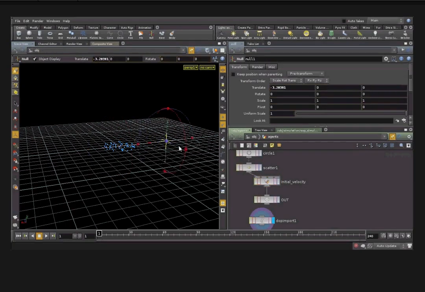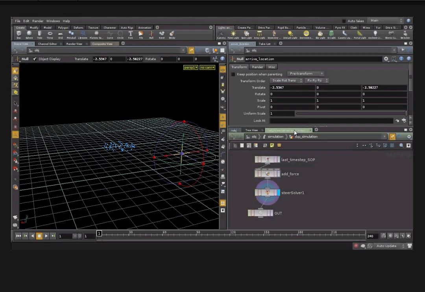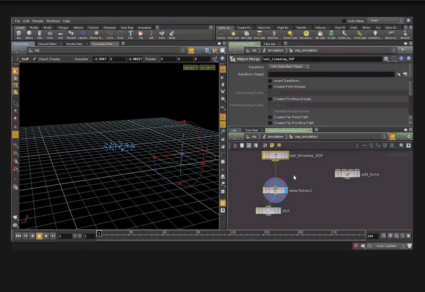This will be our indicator where our target position is. Call this arrive location, and now let's go into our simulation, sub-simulation, remove the temporary test force, and here we will add our